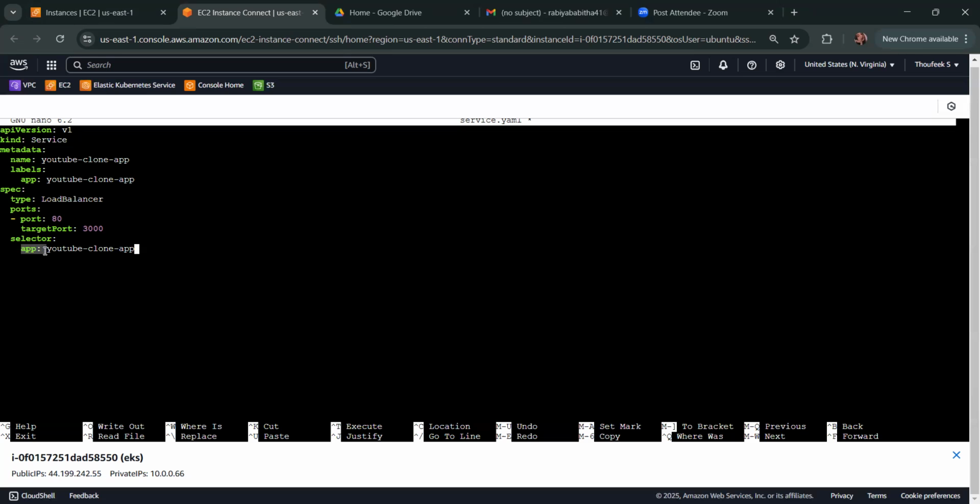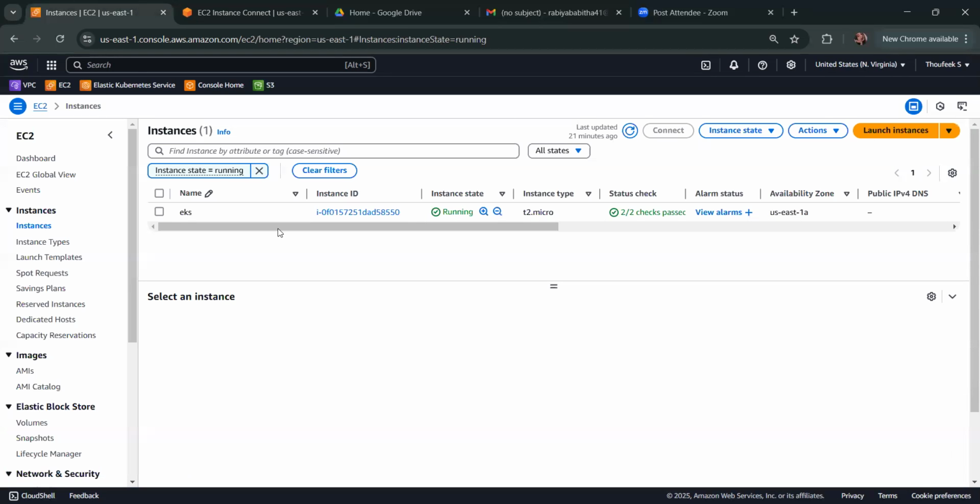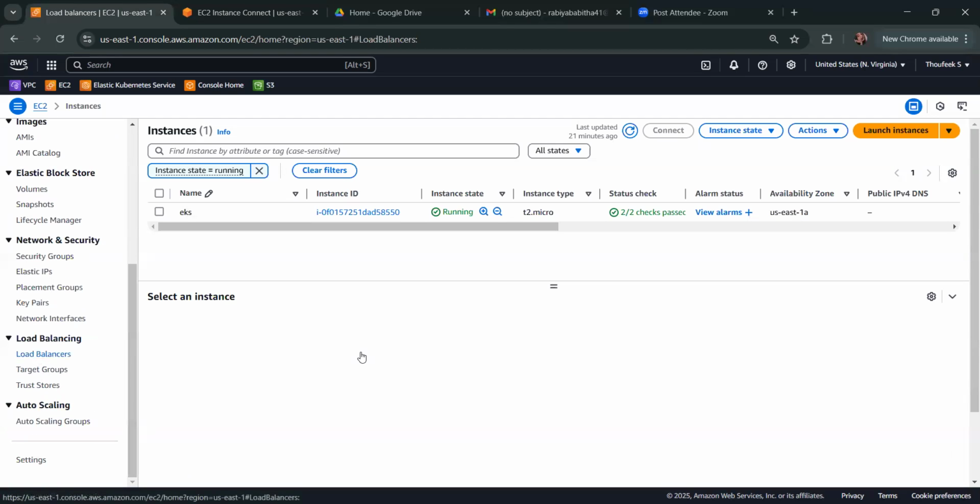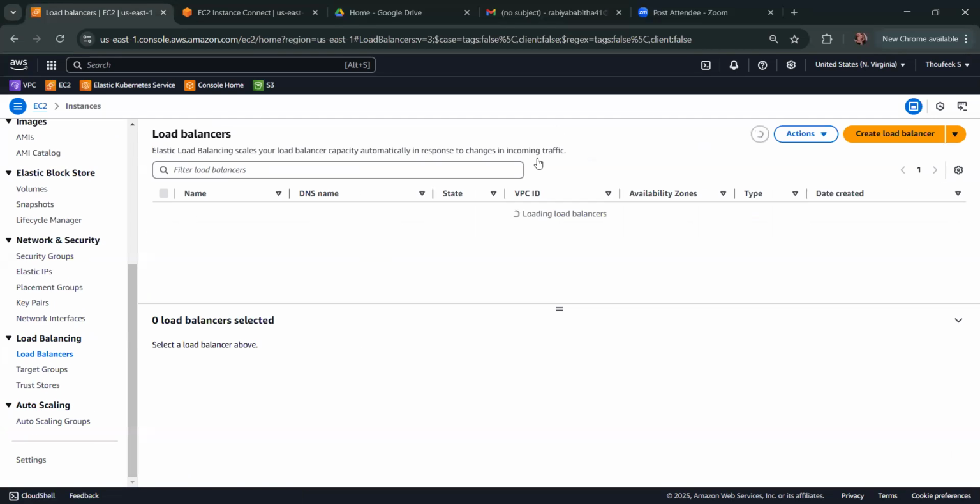So under the selector app, we define the application name that we define in that deployment file. Here also we use the service type as load balancer, so it will create a load balancer for us. Then the target port is the container target port, and the port that we use for load balancing is port number 80. Coming to the load balancer dashboard, we can see there is no load balancer